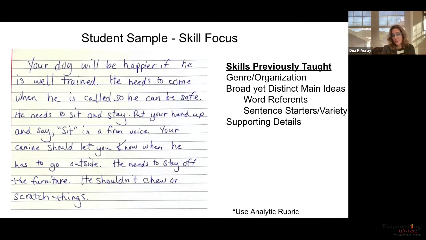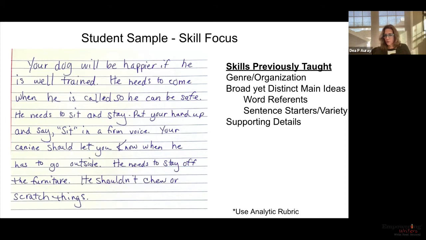So here we have a sample. And Di, I'm going to have you take them through how we would do this in our classroom. Absolutely. Thanks, Daya. So this is a representative sample of a skill. Those of you who use Empowering Writers know that we go skill by skill. We break informational narrative writing into its manageable components. This particular student sample happens to come from an informational piece where the students were learning how to apply the detail generating questions. So we're in that supporting detail time.